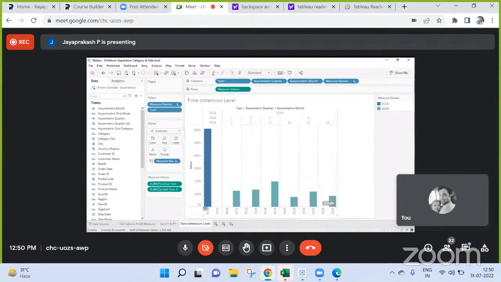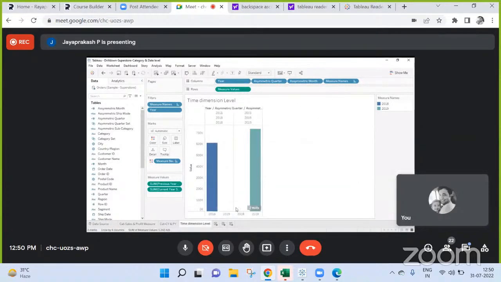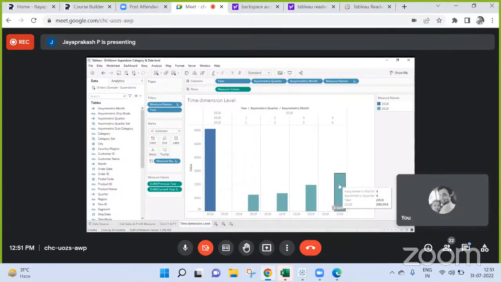However, if I'm doing the order date level, that is nothing but year, quarter, and month. Now this is a year level. I'm not getting how to plot it here. If I click any one bar, it drills down only to the quarters, only for the current year quarters. You understood my problem, right?